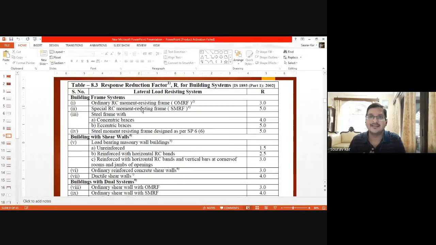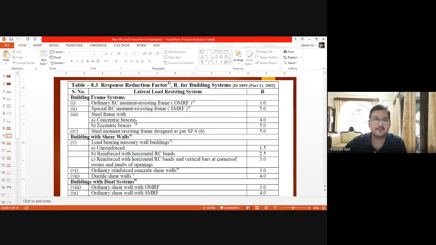So whenever we are designing as per the ductile detailing code, IS 13920:1993, again I am repeating, if we provide the reinforcement in beams, columns and slabs in accordance with IS 13920:1993, this ductile detailing code, then the response reduction factor is 5.